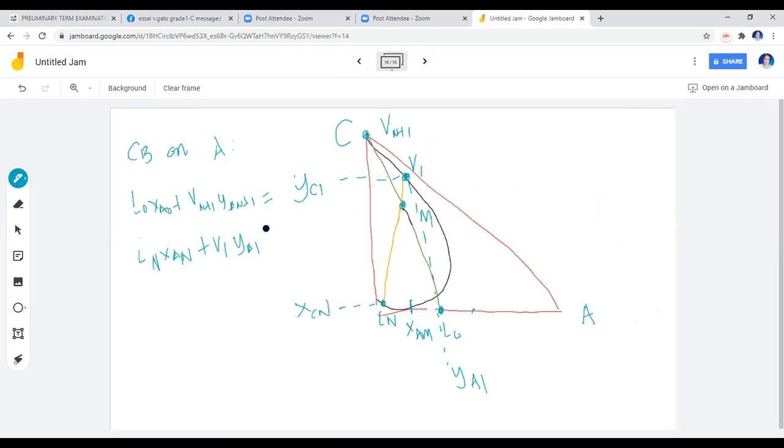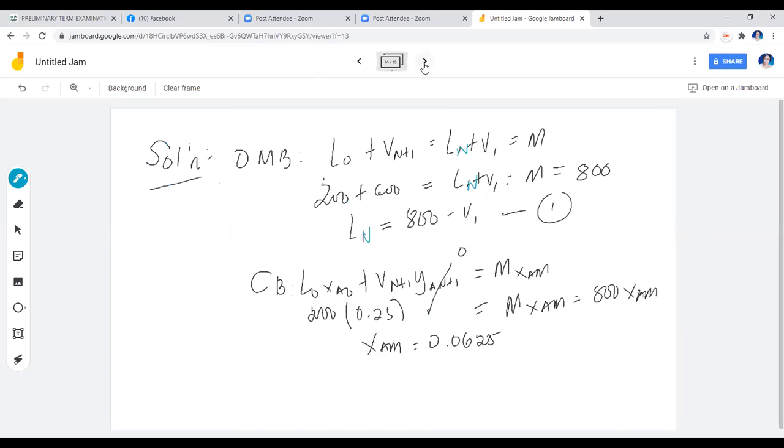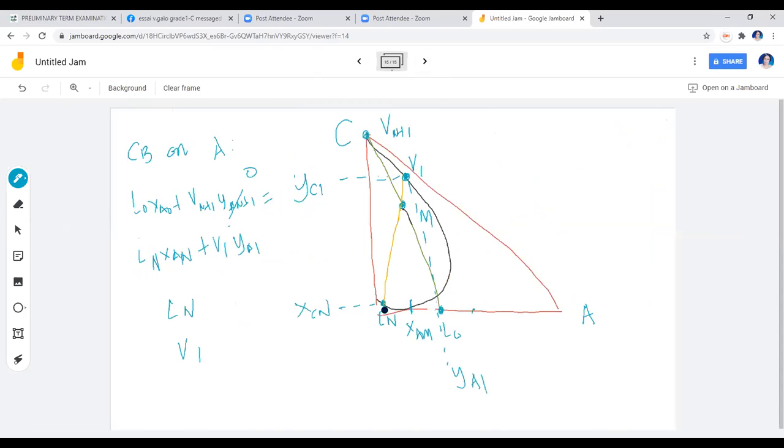So the only unknown, if this is set to 0 already, you can set Ln in terms of V1 and you can now solve for the amounts Ln and V1. LO is known, XAO is known, this is 0, the entire term is 0. Ln you can express in terms of V1 here. And you have XAN as 3%. Your V1 is V1 of course, and you have YA1 read from your graph. So now you can determine the amounts of Ln and V1, your raffinate and your extract stream.